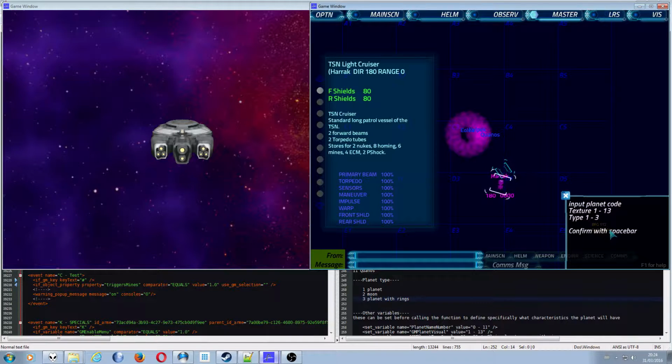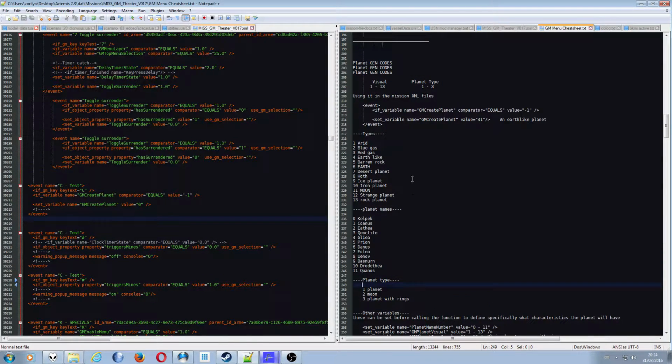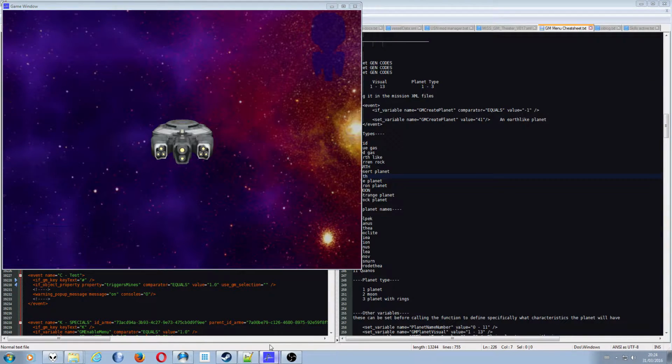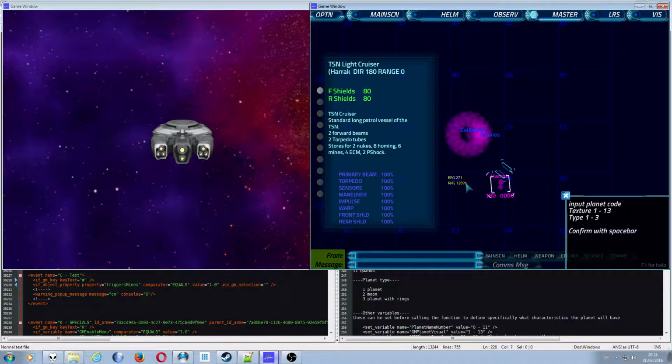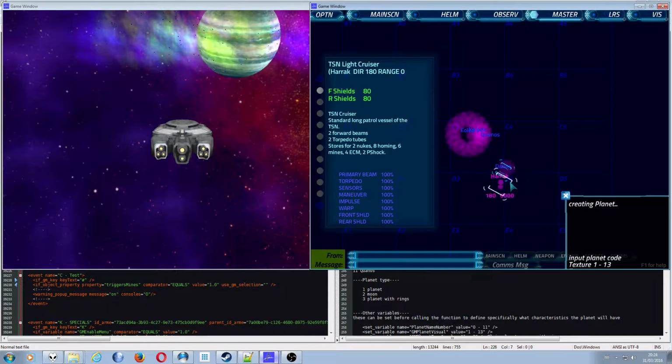So I'm going to go for, and don't worry if it disappears, it still is going to work. I'm going to go for a blue gas giant because it looks awesome. I'm going to make it with rings because I like gas rings, it's fun. So, was blue gas giant 2? I think it was 2, and then 3, and then press space, and it'll pop in a blue gas giant